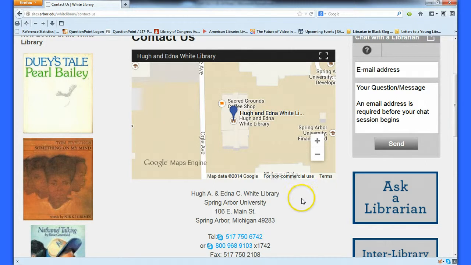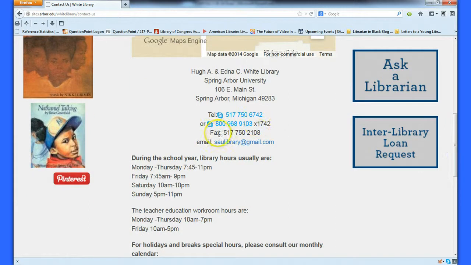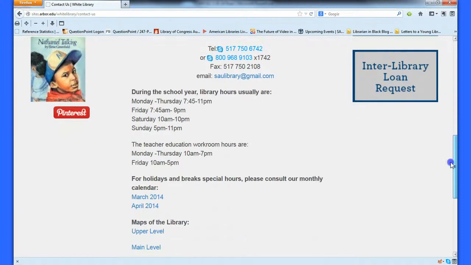If you have research questions that you want to ask in person, we're there for that too. If you want to give us a call, further down, here are our phone numbers as well as a fax line and our general email address. And also, you'll want to take note of the library hours that are right down here. Even if you're not coming to campus, it's a good idea to know where those hours are. That way you know whether or not we may be in the building. If you also want to see if we have any special circumstances where maybe we have different hours than these standard ones, you can always click on these calendars to take a look and see if there are any special closings that are planned.